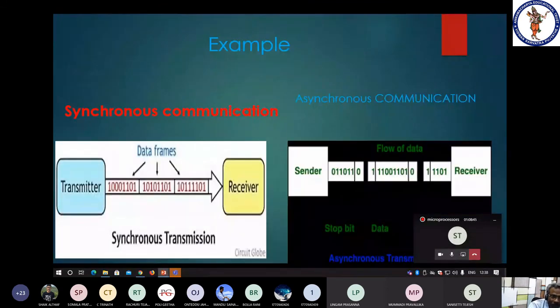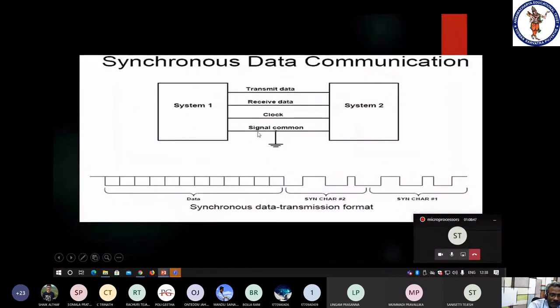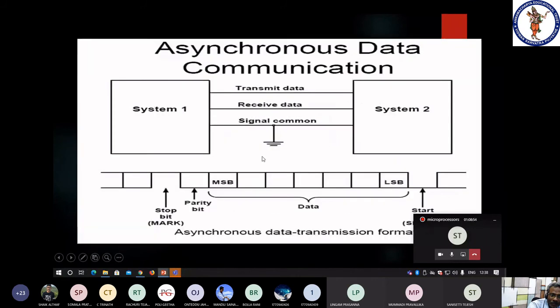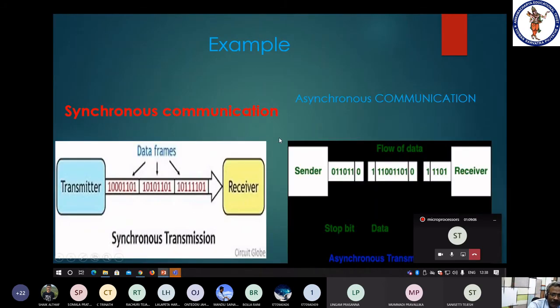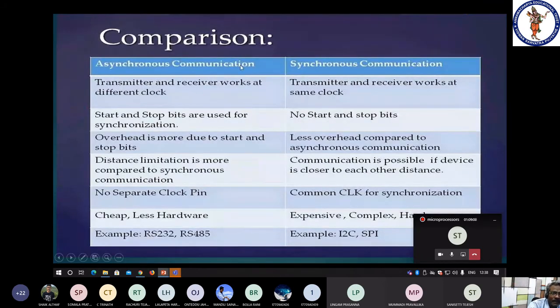డయాగ్రామ్ లో కూడా క్లియర్గా ఉంటుంది చూడండి. ఇన్ సింక్రనస్ కమ్యూనికేషన్ ట్రాన్స్మిటర్ అండ్ రిసీవర్ బోత్ ఆర్ కనెక్టెడ్ విత్ కామన్ క్లాక్. అదే ఇక్కడ ఉండదు. ఇన్ కేస్ ఆఫ్ అసింక్రనస్ కమ్యూనికేషన్ దేర్ ఈస్ నో నీడ్ టు కనెక్ట్ ఎనీ కామన్ క్లాక్ సిగ్నల్స్. సో దే రన్ దేర్ ఓన్ క్లాక్ పల్సెస్. సో దట్ ఈస్ ద వెరీ ఫస్ట్ డిఫరెన్స్. ఇన్ అసింక్రనస్ కమ్యూనికేషన్ దేర్ ఈస్ నో కామన్ క్లాక్. Transmitter and receiver work at the same clock or common clock in synchronous communication.